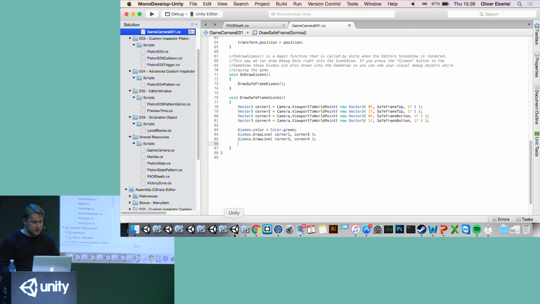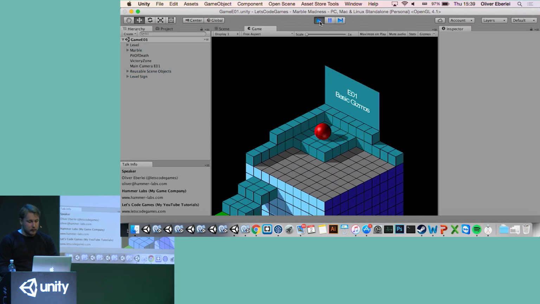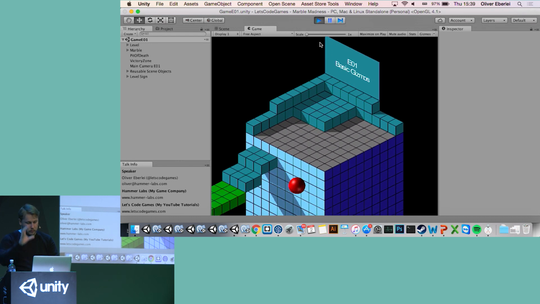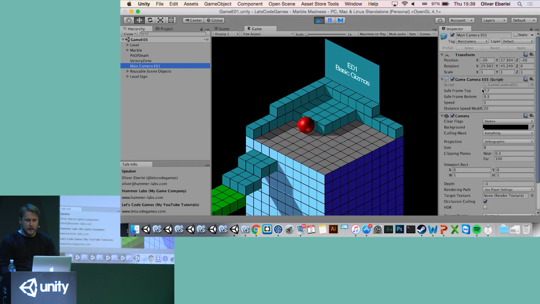And what I did here is, the camera in the game follows the player a little bit, right? So when I fall down here, you see the camera scrolls down a little bit, just to keep the player in the center. And I did that by basically just creating safe frame values in the camera script.